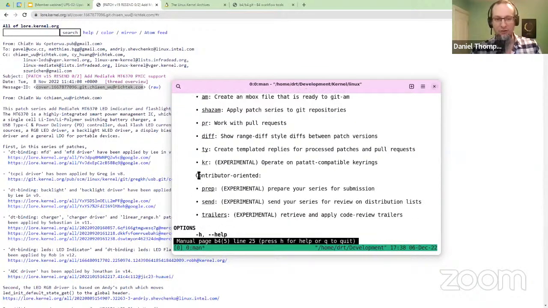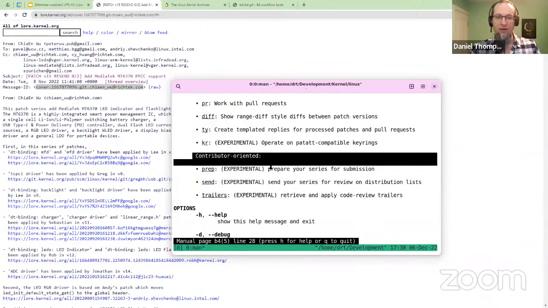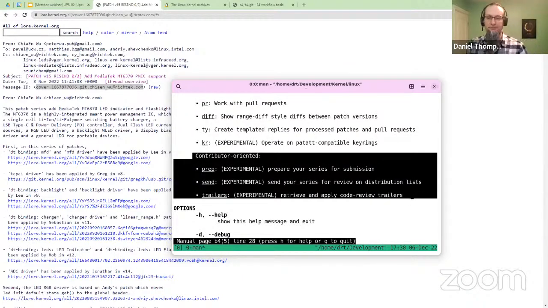What interested me when I saw this recently is some of the contributor-oriented components. So these are things to prepare your series for submission, to send it to the mailing list, and to handle trailers, which looks to me like tag collection. And I'm afraid to say these are quite new. You've seen they're marked experimental.